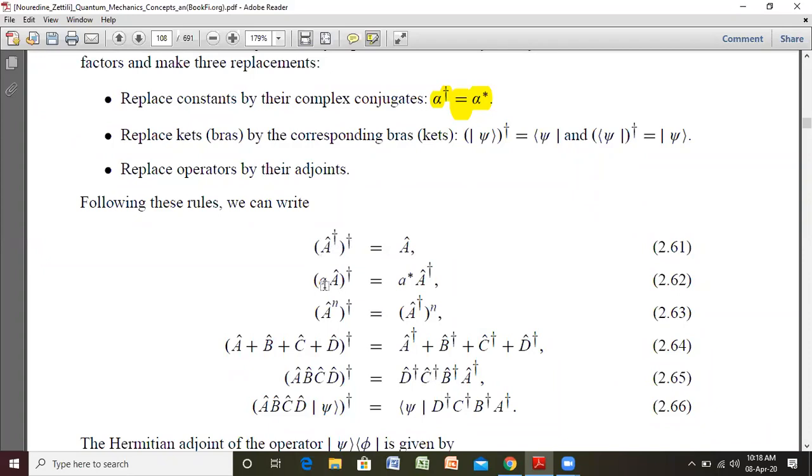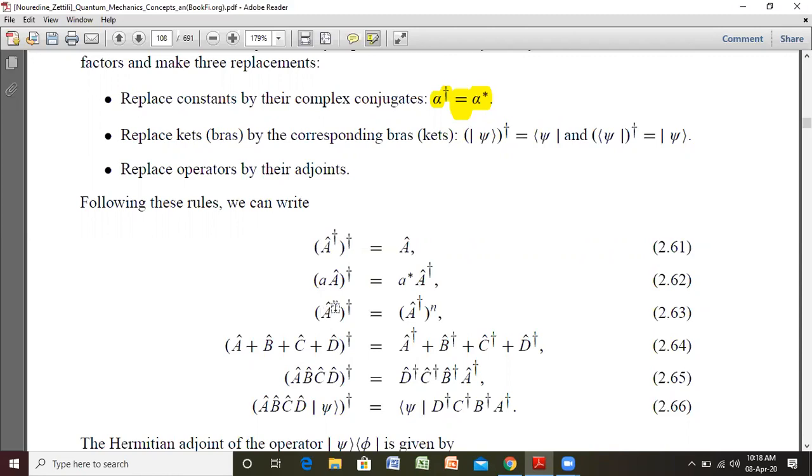इसी तरीके से अगर आपके पास कोई कॉम्प्लेक्स नंबर a है और उसके साथ कैपिटल A ऑपरेटर मल्टीप्लाई हो रहा है, तो आप देखेंगे कि ये जो कॉम्प्लेक्स नंबर a है वो किस में चेंज हो रहा है? कॉम्प्लेक्स कॉन्जुगेट में चेंज हो रहा है। और जो आपके पास कैपिटल ए ऑपरेटर है वो किस में चेंज हो रहा है? डैगर में चेंज हो रहा है। तो यही बात तो हम लोगों ने पीछे की है।